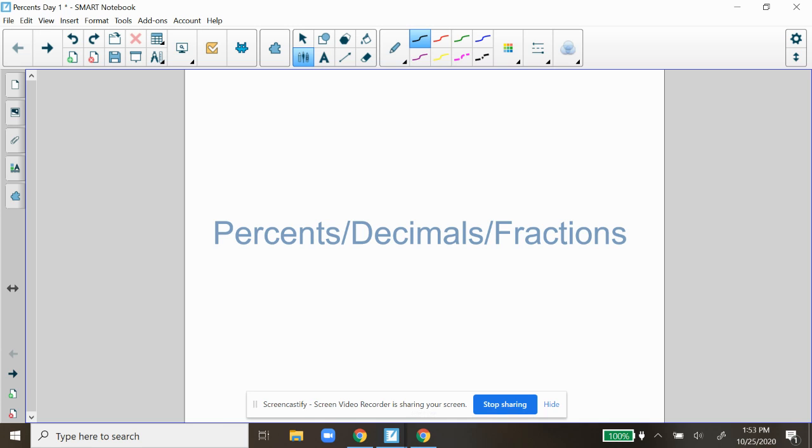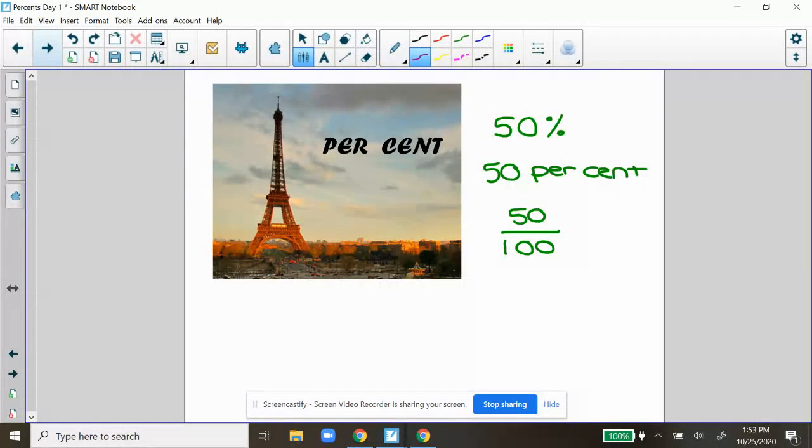In this video, we are going to talk about percents, decimals, and fractions and the conversion between the three, which hopefully will feel like a review for you. And then we are going to focus on percents. So hopefully this feels familiar, but if you don't know this, percent comes from the French language. So percent means per 100. So if I have 50% of something, it means I have 50 out of 100. So keep in mind that all of our percents are always out of 100 when we think about them as